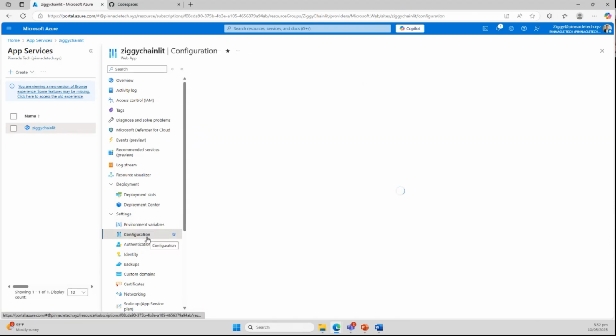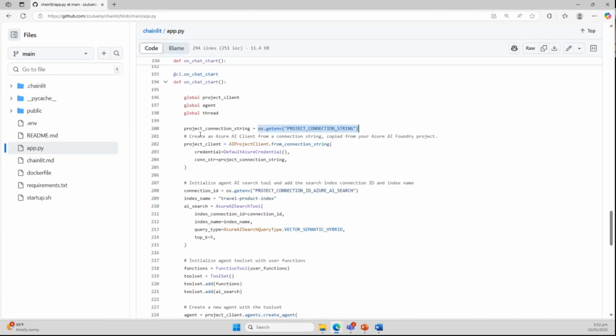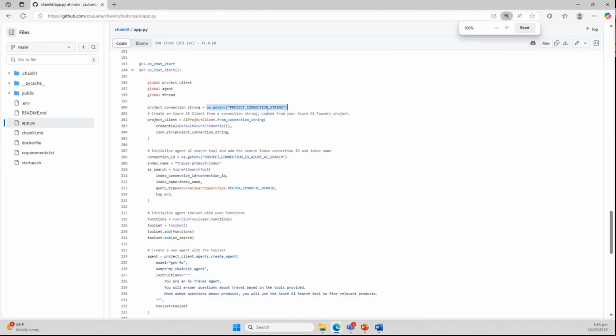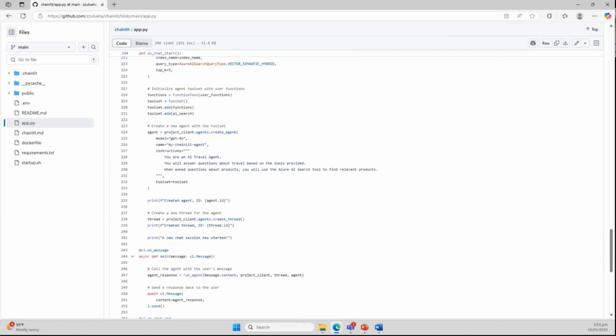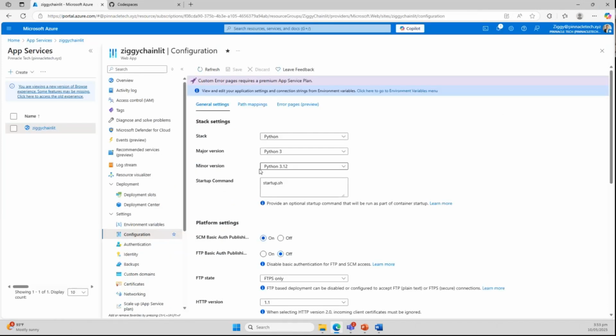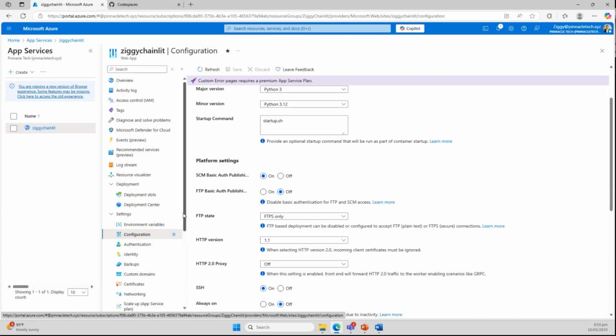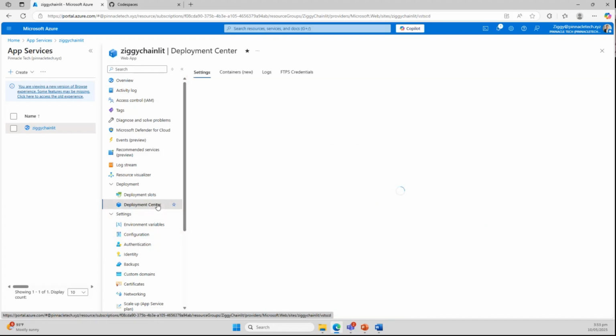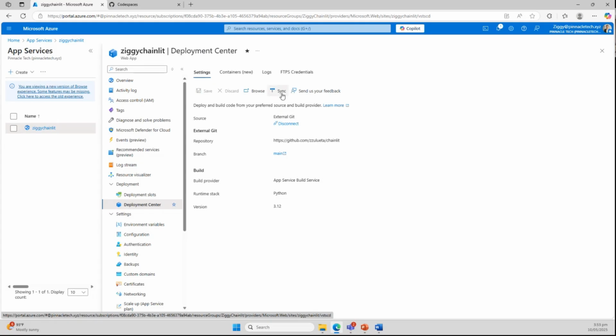And then under configuration, as I mentioned, let's say I will be changing the application. I modify the code and add additional capabilities that I want. Here you'll see the startup command, which I set up. It's using Python. Then in the Deployment Center, once you click sync, it will automatically get the updated code from my repository and deploy it again, updating the whole website. That's practically the beauty of how this is occurring right now.